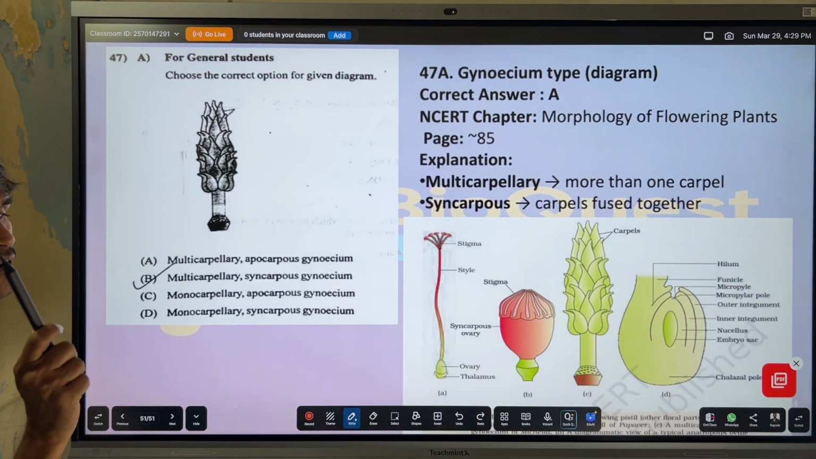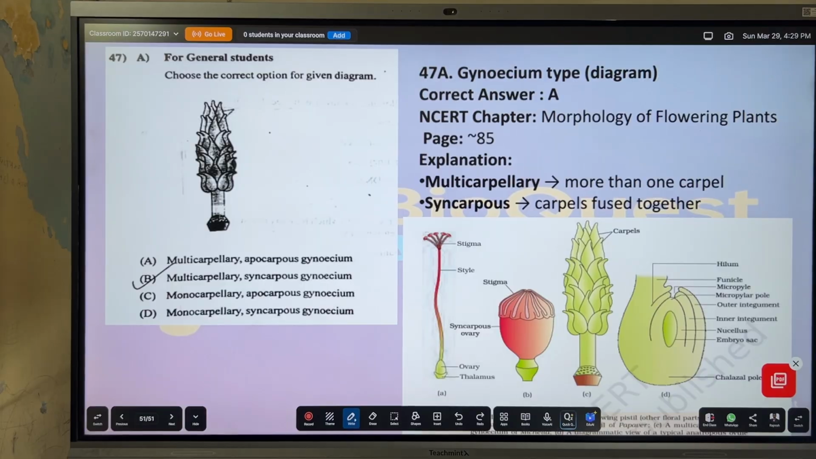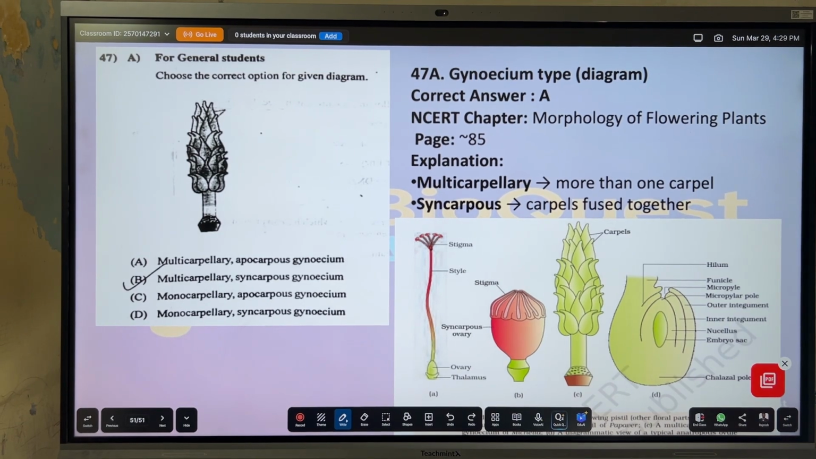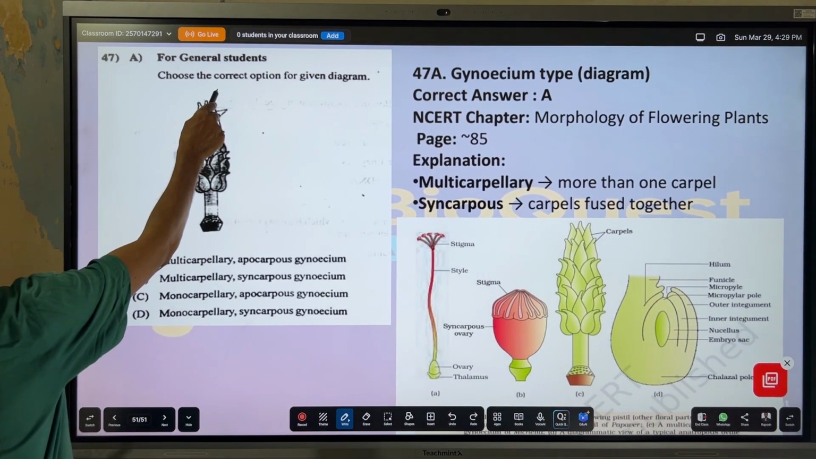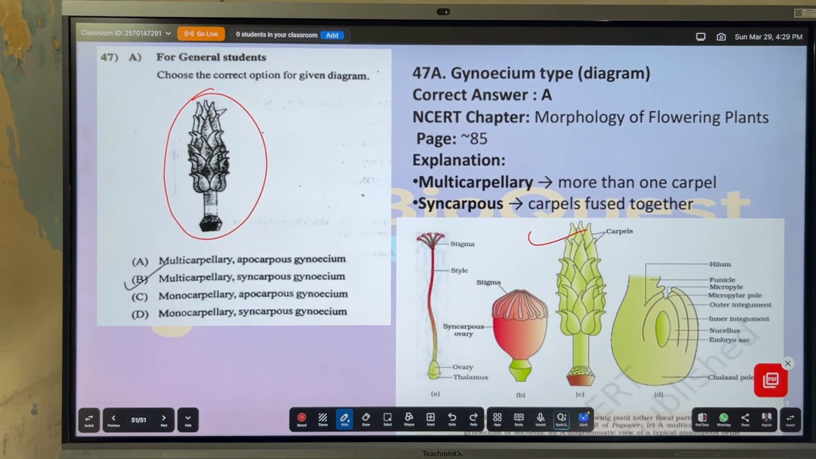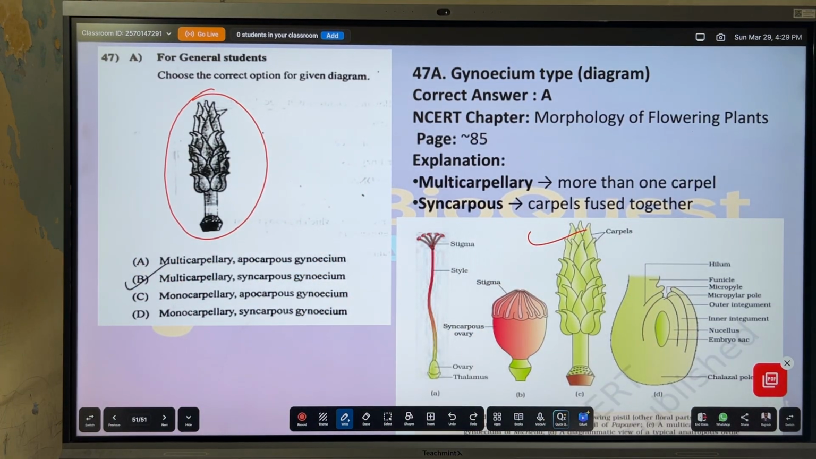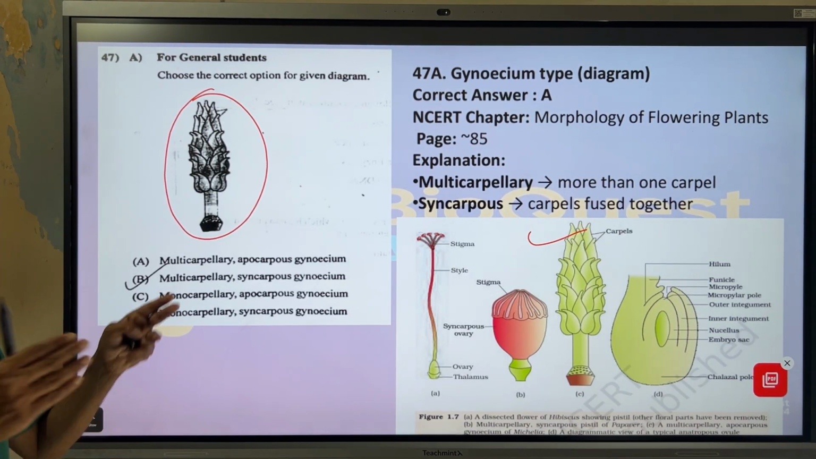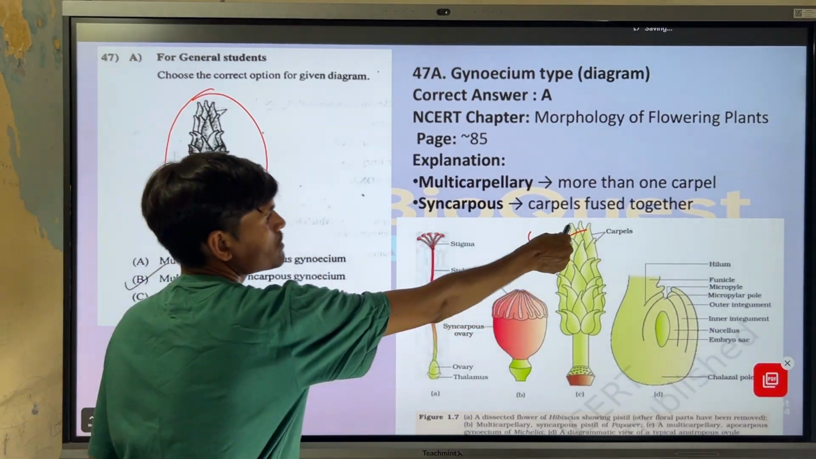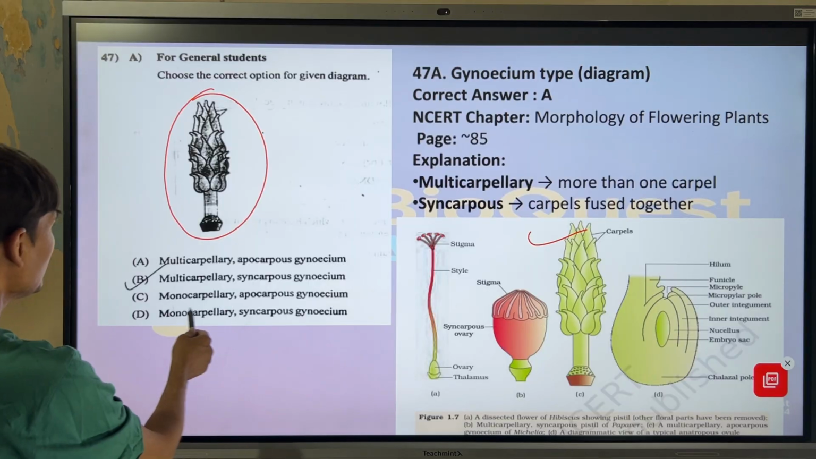Next, again, a diagram based question. You can see the diagram here. Look at the diagram very carefully. This is in your textbook. What we have to do is open your textbook and go to the diagram. Now what is this? It is multicarpellary but